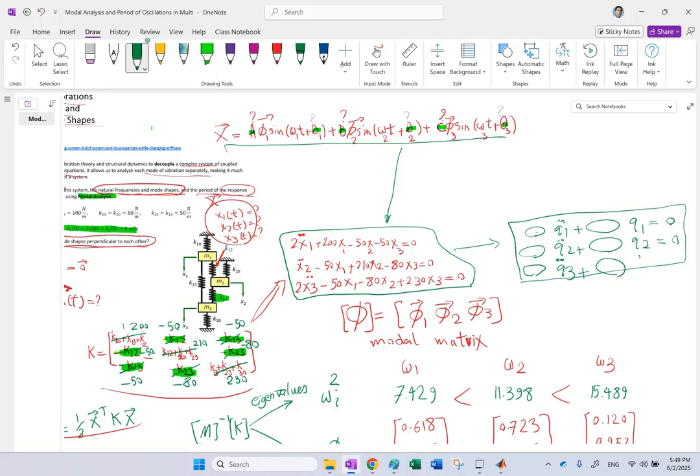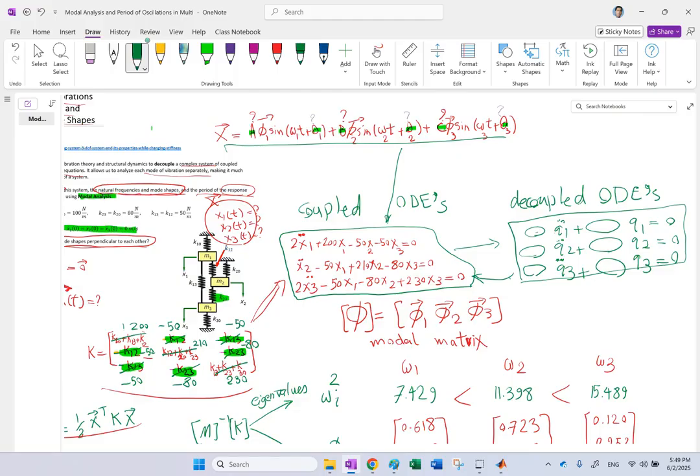Each one has a different set of numbers. So I'm going to convert these 3 coupled ODEs into decoupled ODEs. Now each one of these ODEs can be solved separately,